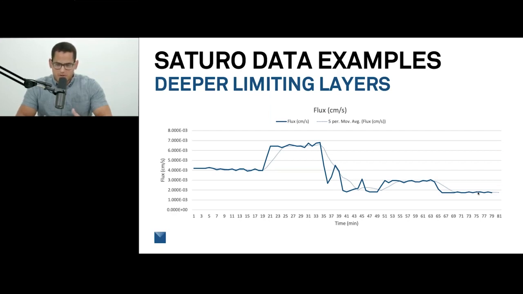This will happen. And so the question is really, what's the correct measurement to make? Well, I would argue that both components of this measurement are important. This first component is telling us the infiltration rate and the hydraulic conductivity of that surface layer. And this second part is telling us the hydraulic conductivity of that deeper layer and how that's impacting the overall flux